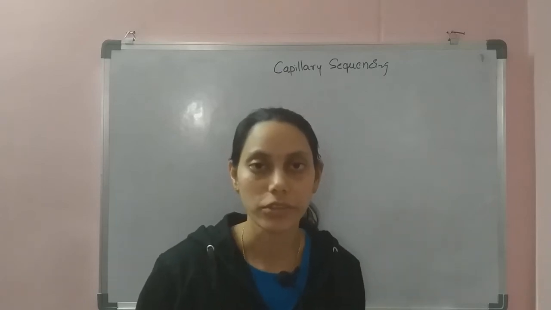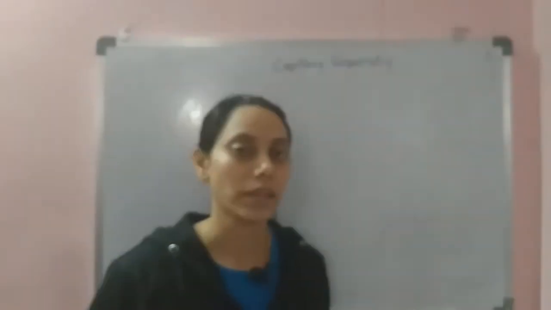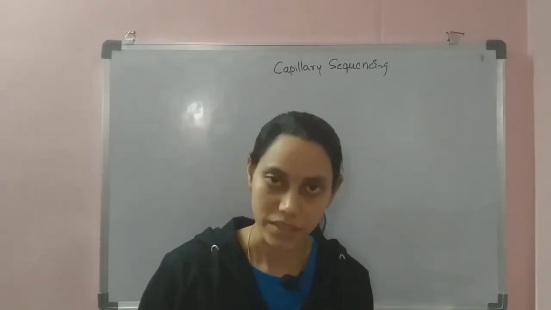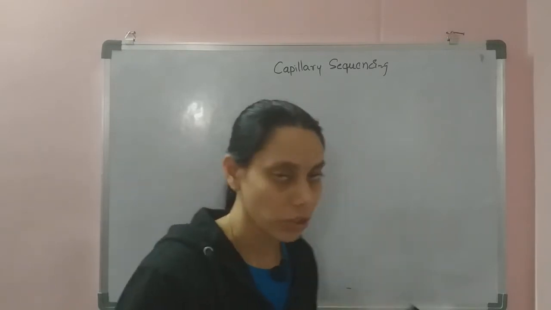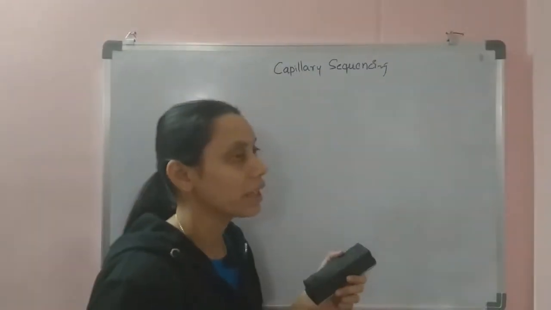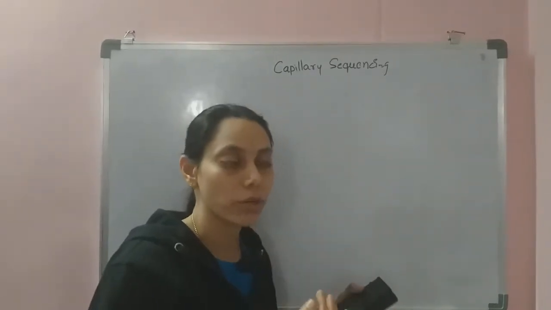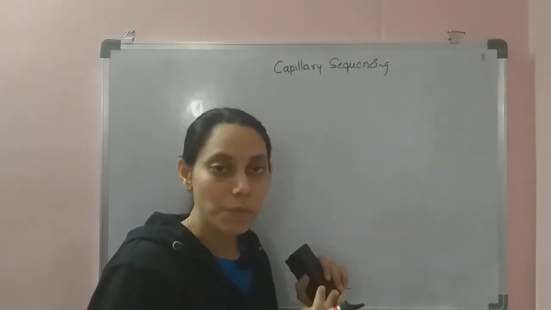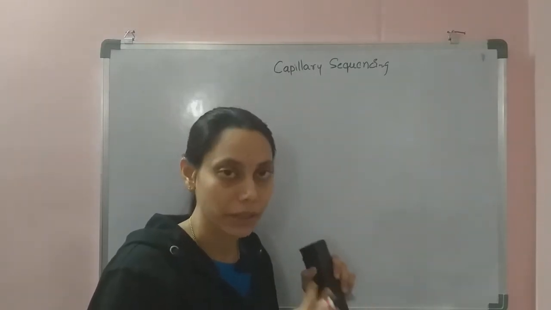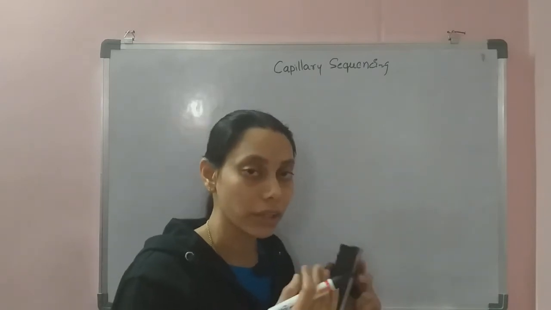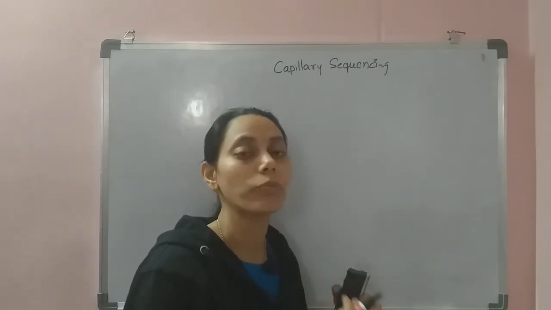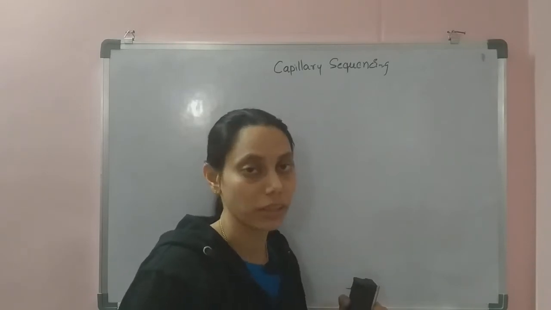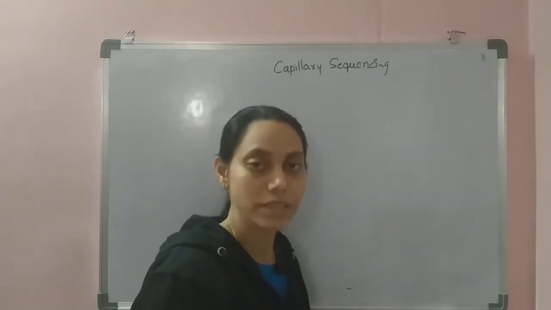In this video, we are going to discuss capillary DNA sequencing technology. In the series of videos, we have been discussing different DNA sequencing technologies. Coming to this capillary DNA sequencing technique, it is basically a semi-automated version of Sanger's DNA sequencing. That means the principle of Sanger's method is applied and adopted, but the methodology is much simplified and made more efficient by capillary DNA sequencing.